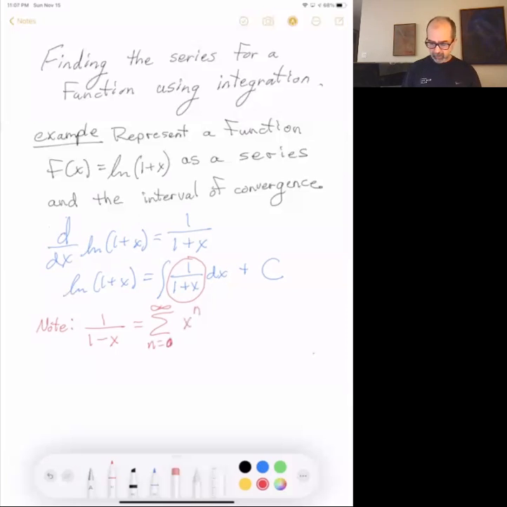And then if we changed it so that 1 over 1 plus x, by that regular substitution, we know that's going to be just negative x to the n,